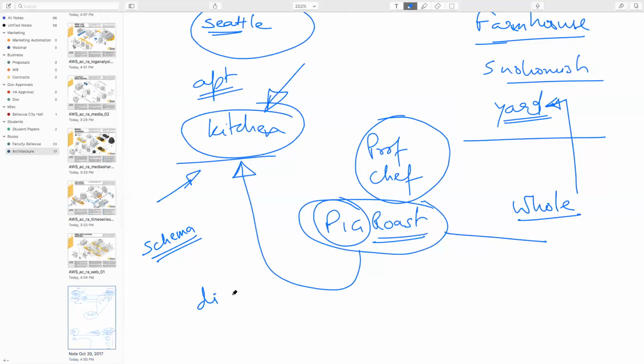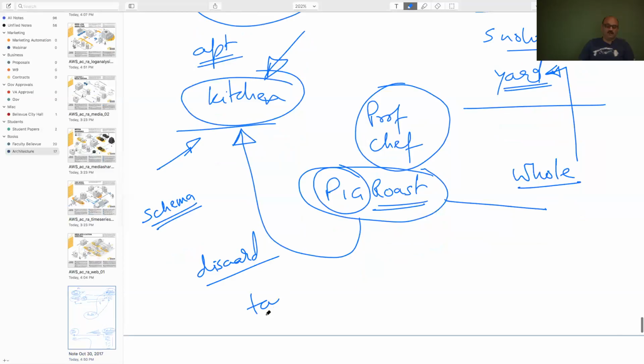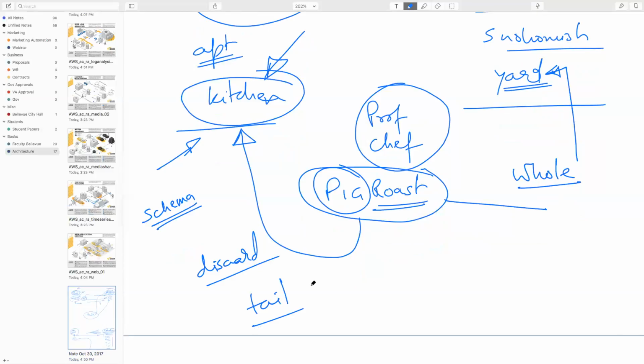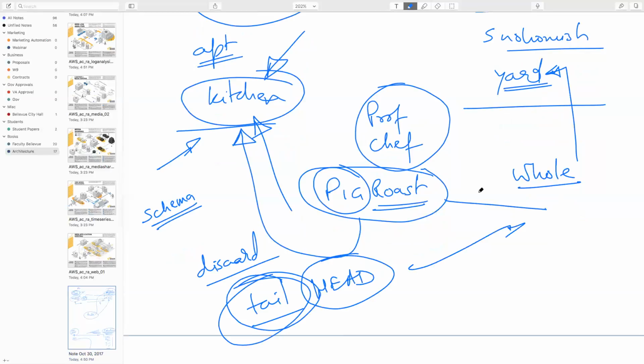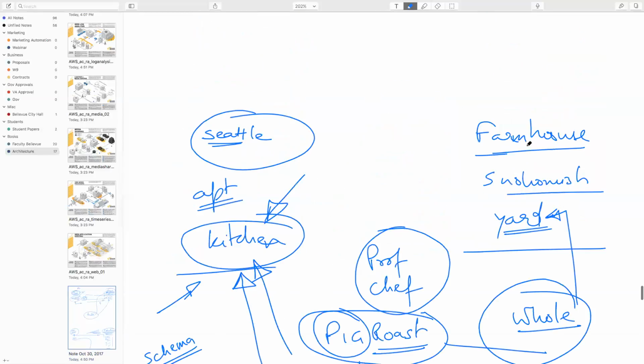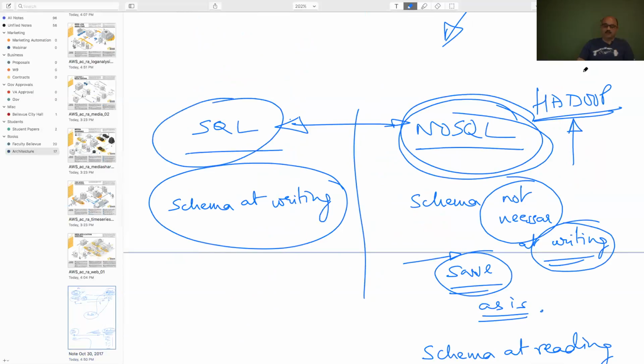For example, the tail. I'm just making it up. I don't know if you eat tail or not, but the tail has to be discarded. Maybe the head gets discarded. The head and tail get discarded as you go to the kitchen, but not here. You can keep the whole pig. So that's the idea behind NoSQL and SQL, or in Hadoop, you just store the whole pig, because this gives you another benefit which is not super apparent,